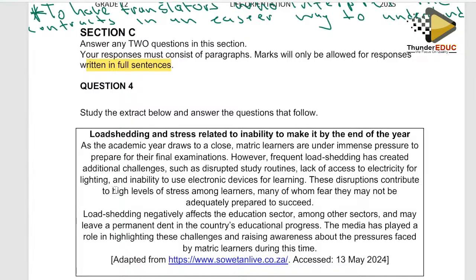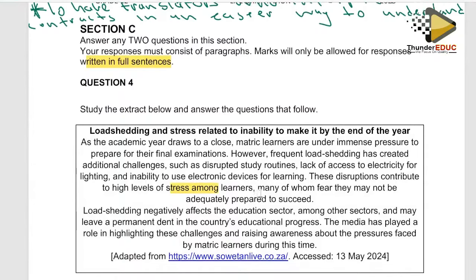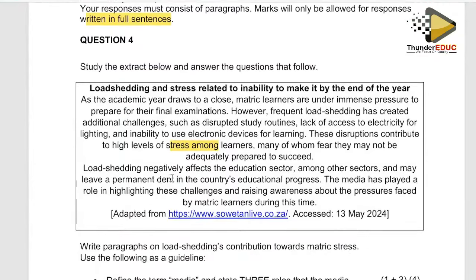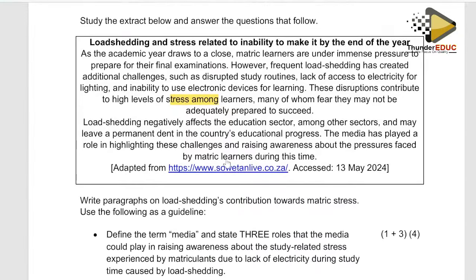These disruptions contribute to high levels of stress among our learners, many of whom fear they may not be adequately prepared to succeed. Load shedding negatively affects the education sector, amongst other sectors, and may have a permanent dent in the country's educational progress. The media has played a role in highlighting these challenges and raising awareness about the pressures faced by matric learners during this time. So this was adapted from